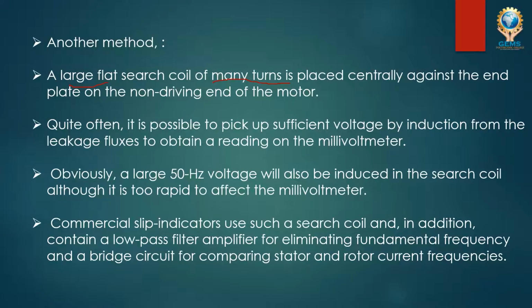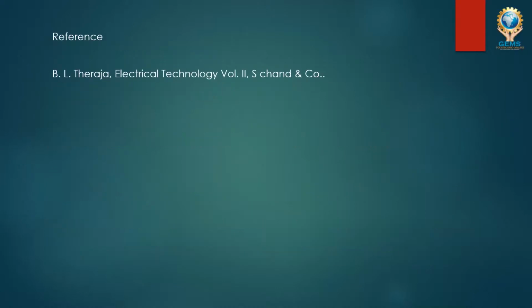So in this lecture we saw the measurement of slip by two methods. One is the tachometer method, another is comparing the stator and rotor frequencies. In the stator and rotor frequency method, there are two cases. One is the slip ring motor, where we connect between the two slip rings, using the voltage drop between the brushes. We can find the oscillation, and based on that we can calculate the rotor frequency.